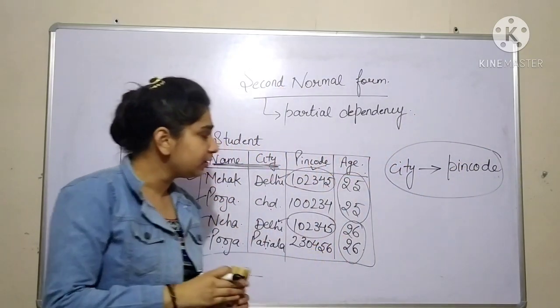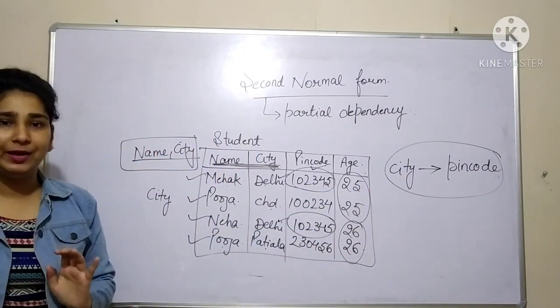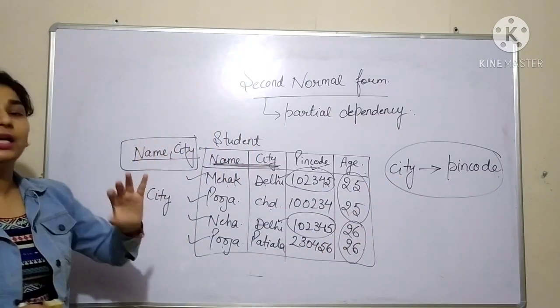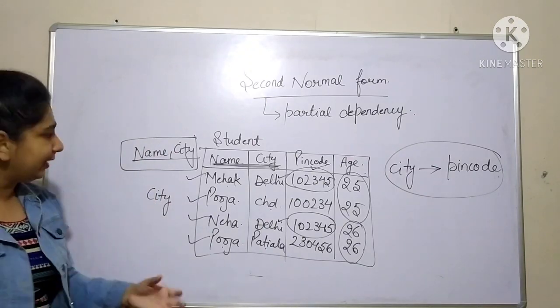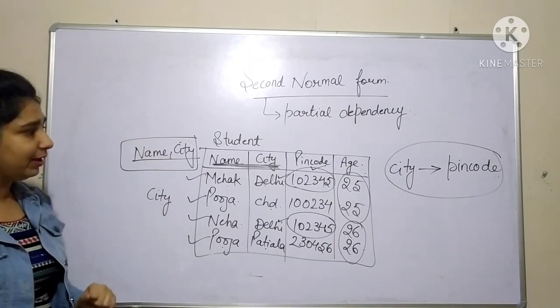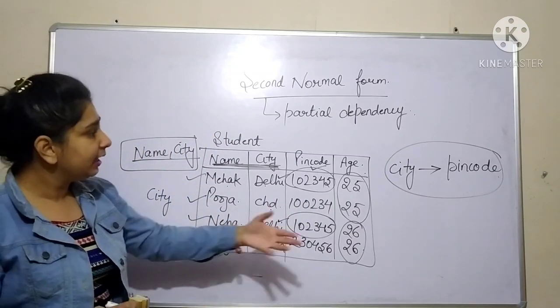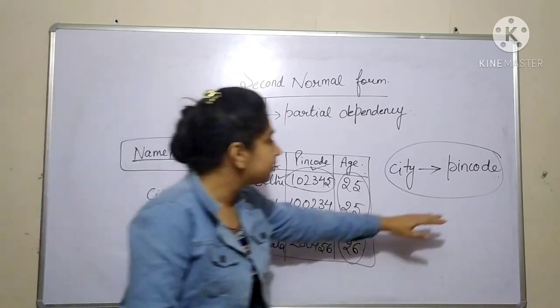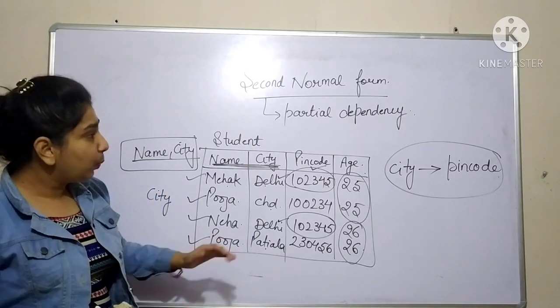Okay. So this city is actually part of our primary key. Name and city combined act as the primary key, and city is part of that primary key. So if part of the candidate key is determining some non-key attribute, okay, we call it